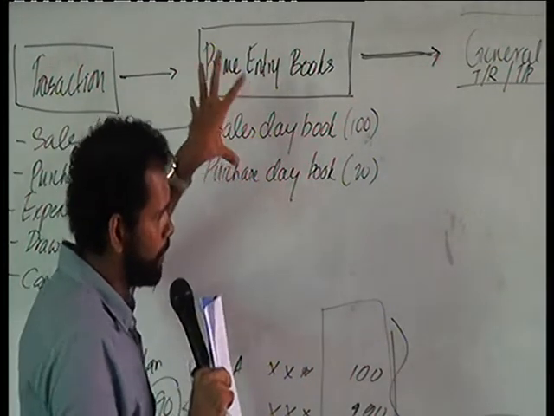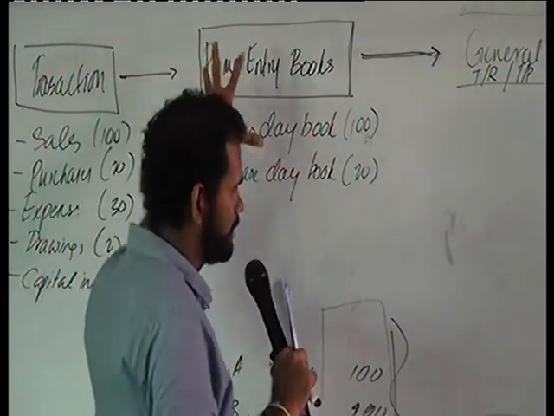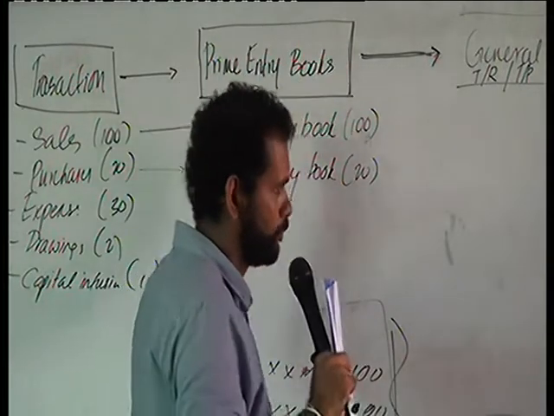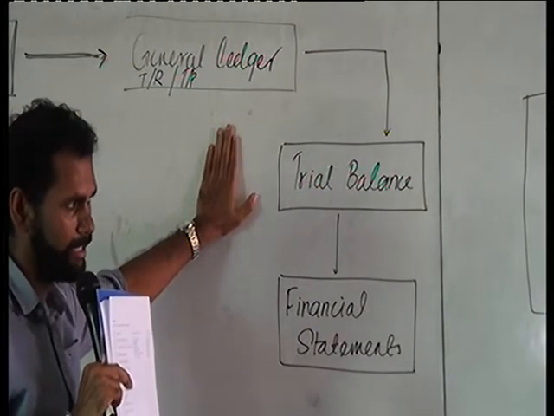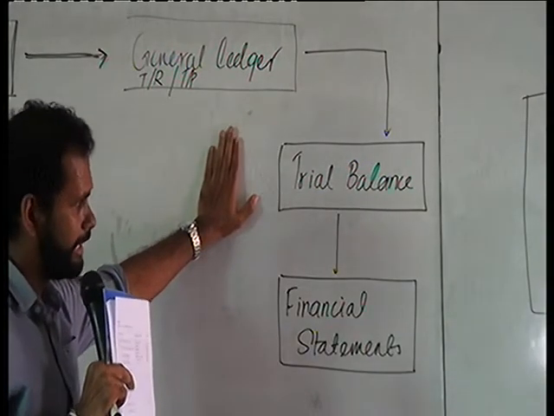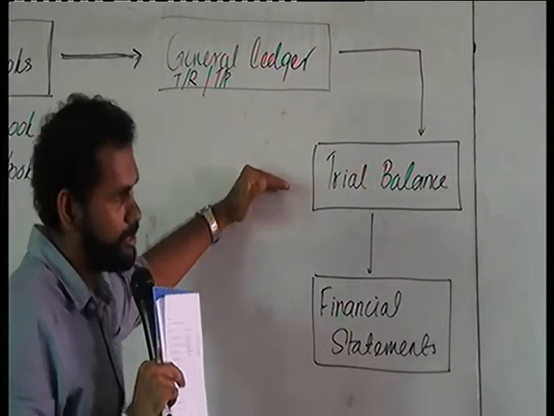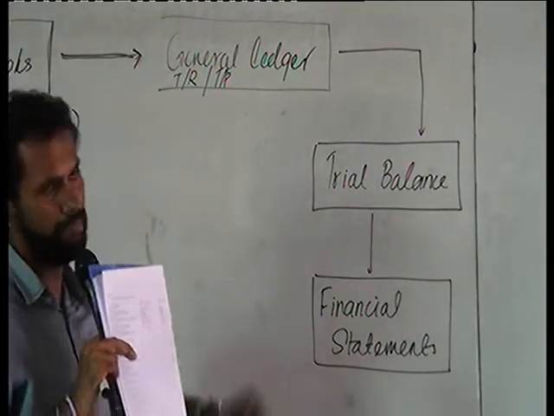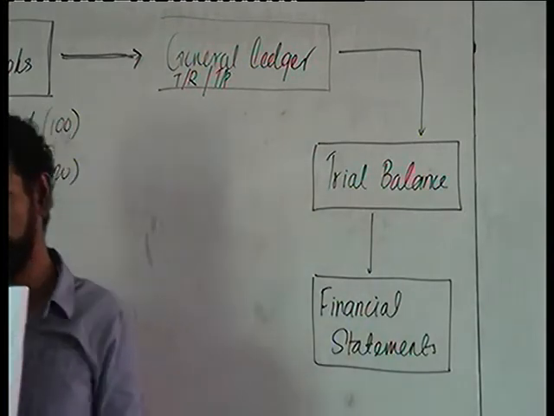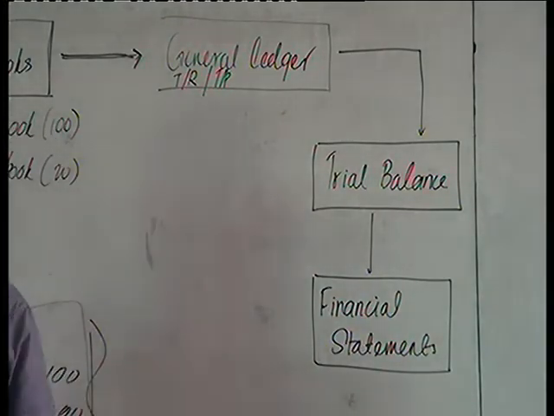And then from the prime entry book, the relevant summarized transactions will be transferred to the general ledger and the other ledger accounts. Right? And then from the general ledger, we will be generating a trial balance. And from the trial balance, the financial statements are prepared. So these are the steps that are being followed by any company in recording the transactions, or preparing the financial